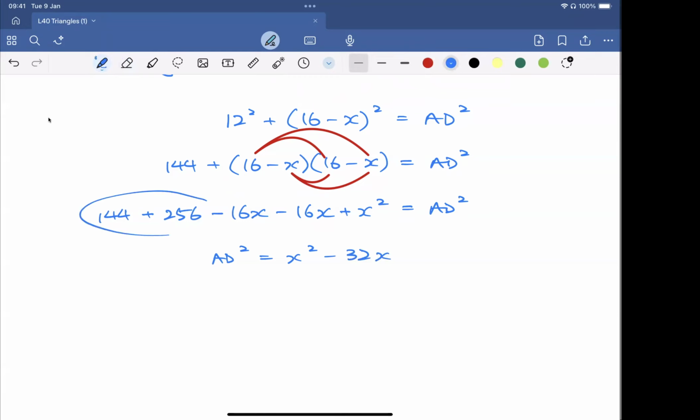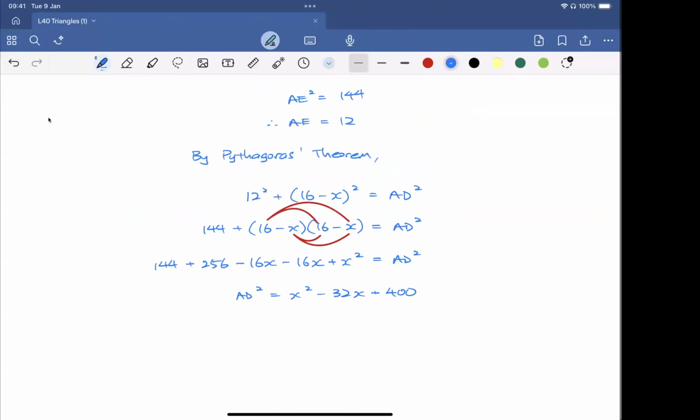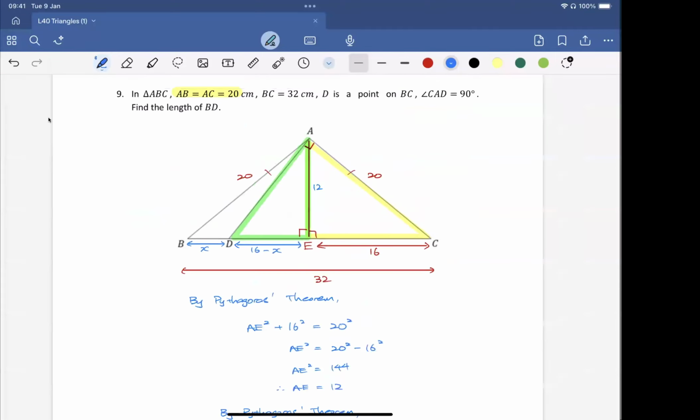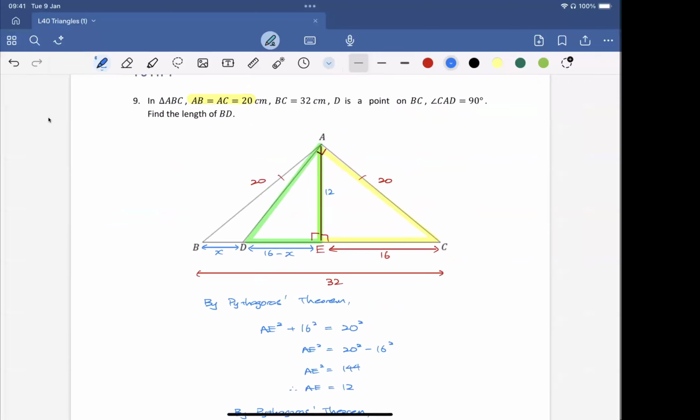And then this will become 400. Okay, so now we have AD squared equals to this. Next, let's see. What else can we do? Let's use another triangle. I'm going to use the biggest triangle. Let's use the biggest triangle now,